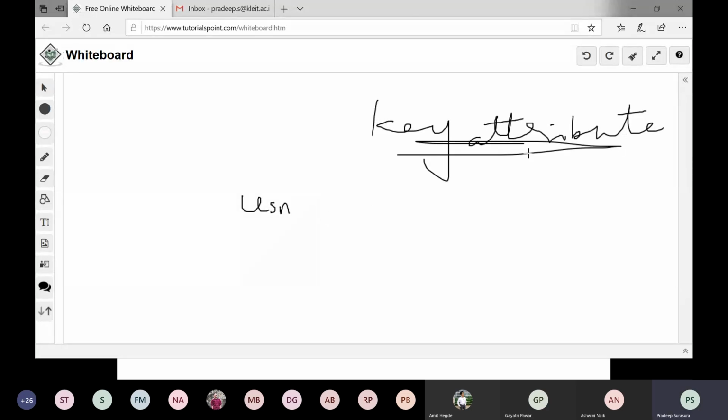Now, what is a key? Through this we are trying to identify other attributes. Key attribute, in the sense of USN: through this USN, I can uniquely identify one student.